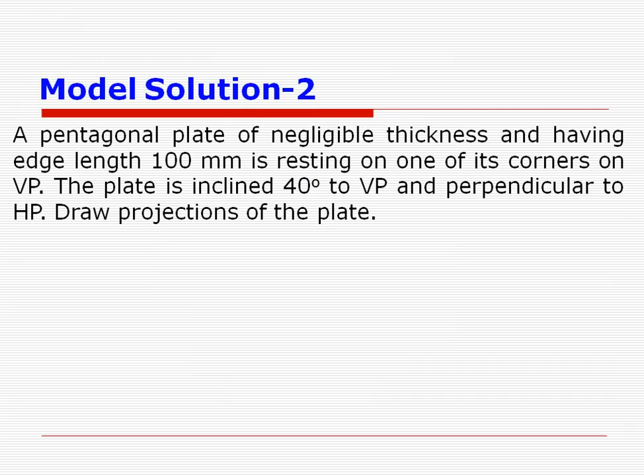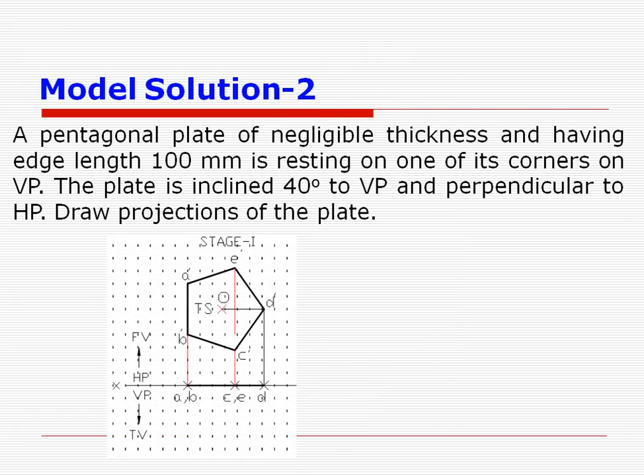That line is having at one of the end the corner should be there. So that point you have to take care. Generally you should place it in the symmetrical position. So the true shape, the initial position we take like this, so that the front view is the true shape and it is in VP. We assume that the whole of the plate is in VP and the corner D is at the extreme. So this corner D we shall retain in XY line.